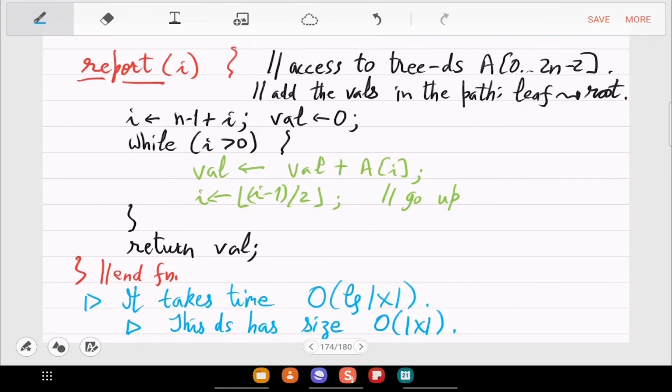In terms of input size it is linear, so this data structure takes linear space, and in terms of time it is log. So this is the best possible. Any questions?